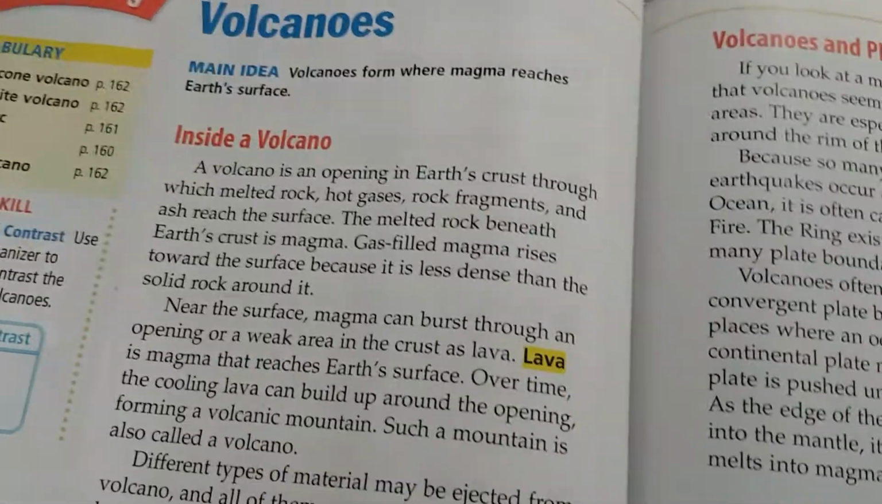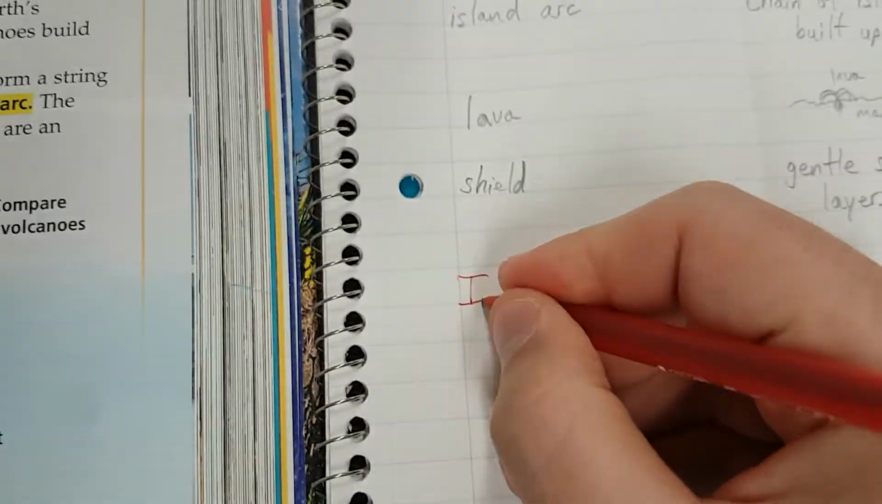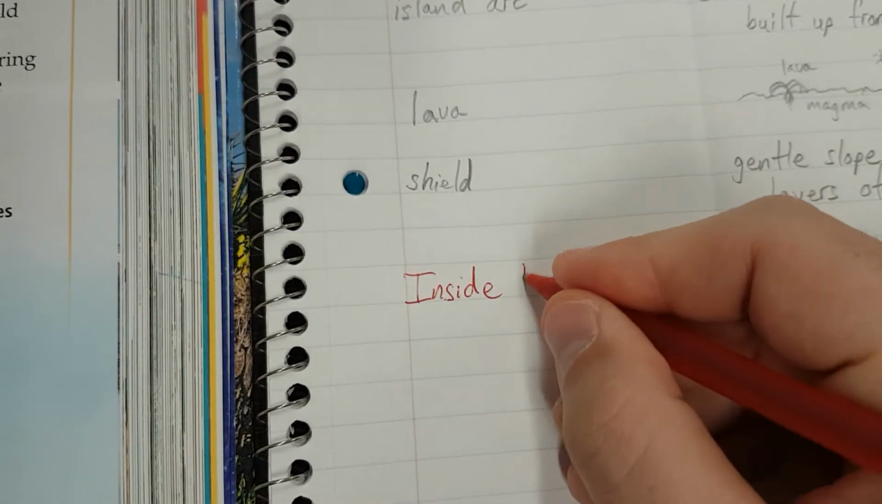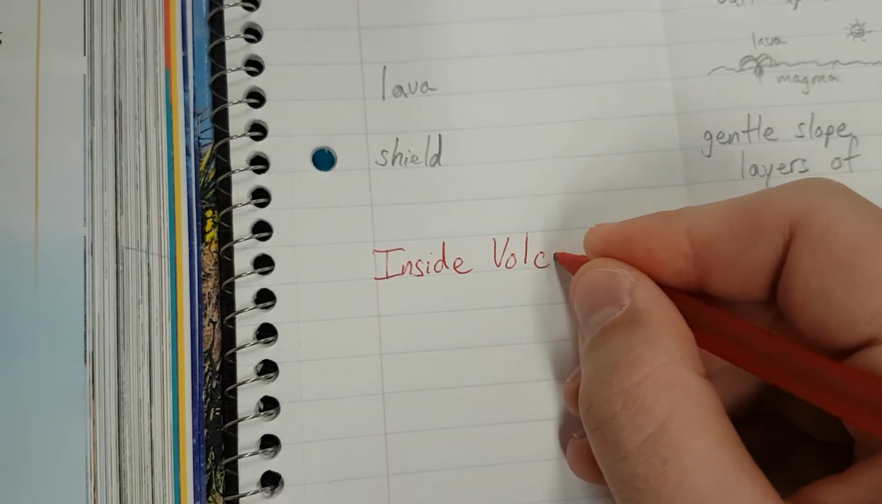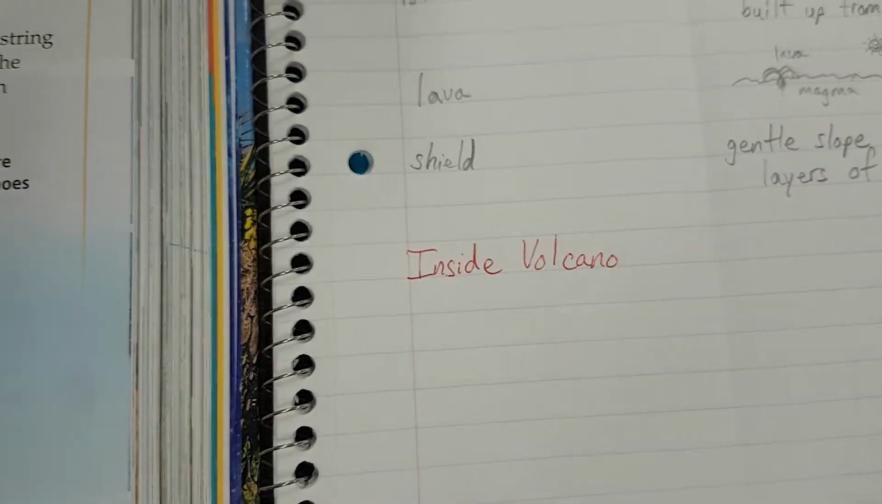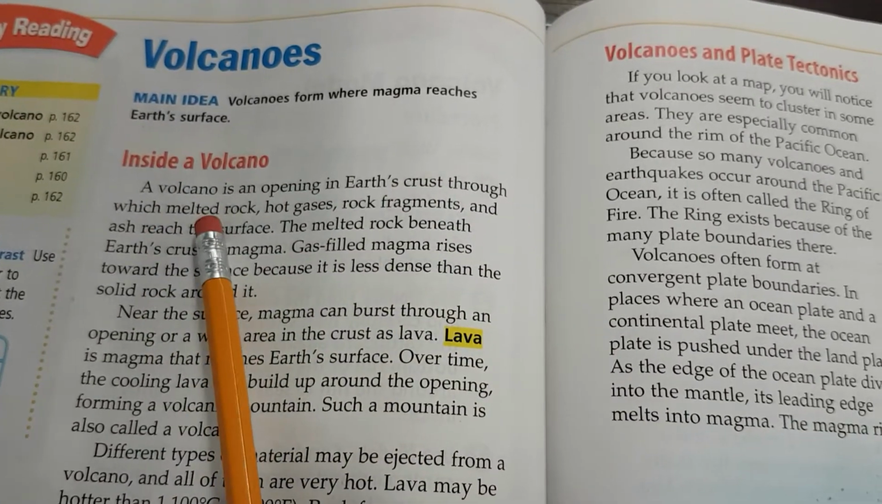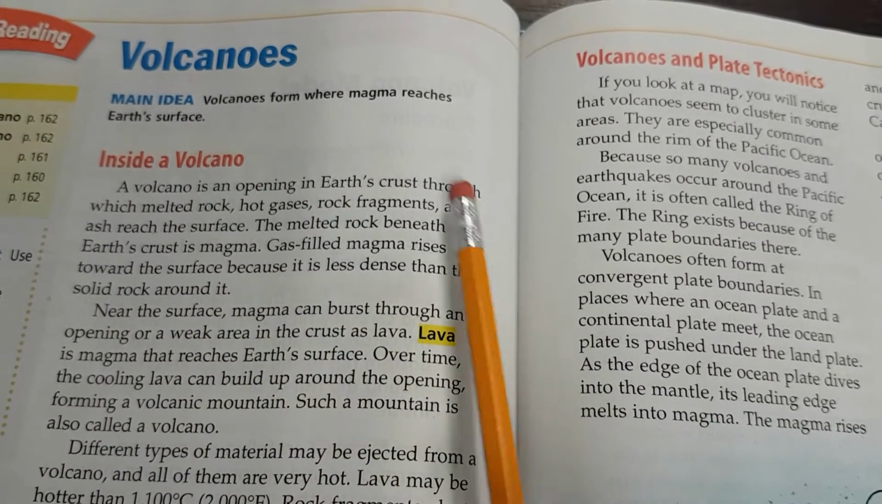Okay, now we can finally start taking some notes. Inside a volcano. Inside, capital I-N-S-I-D-E. Volcano, capital V-O-L-C-A-N-O. A volcano is an opening in Earth's crust through which melted rock, hot gases, rock fragments, and ash reach